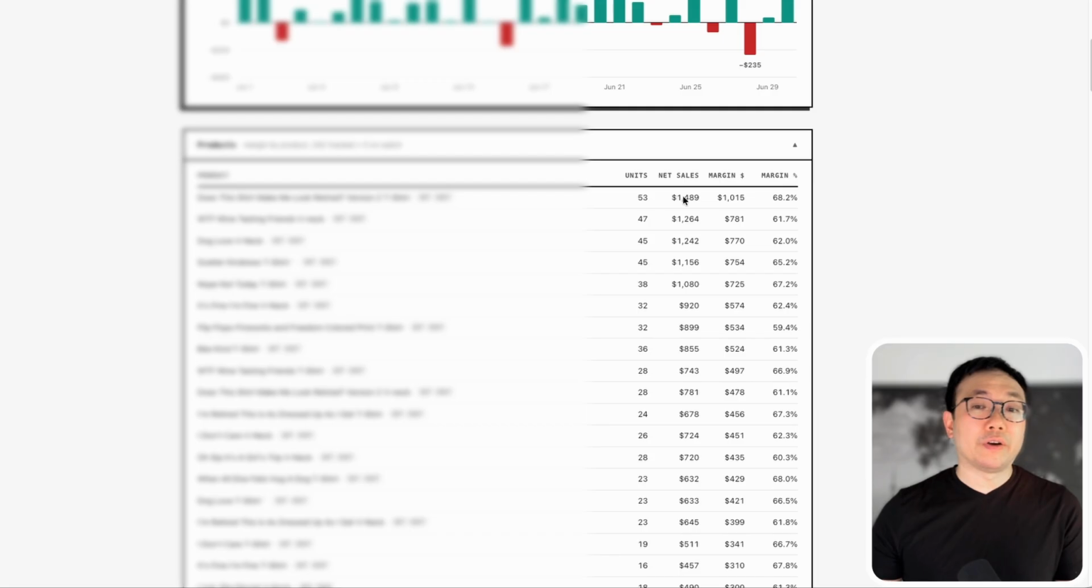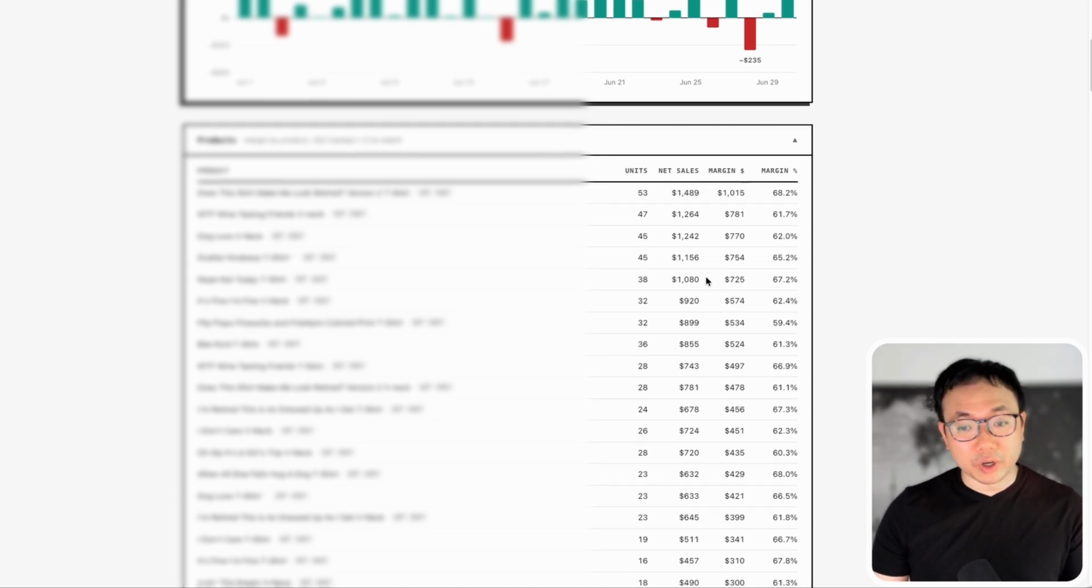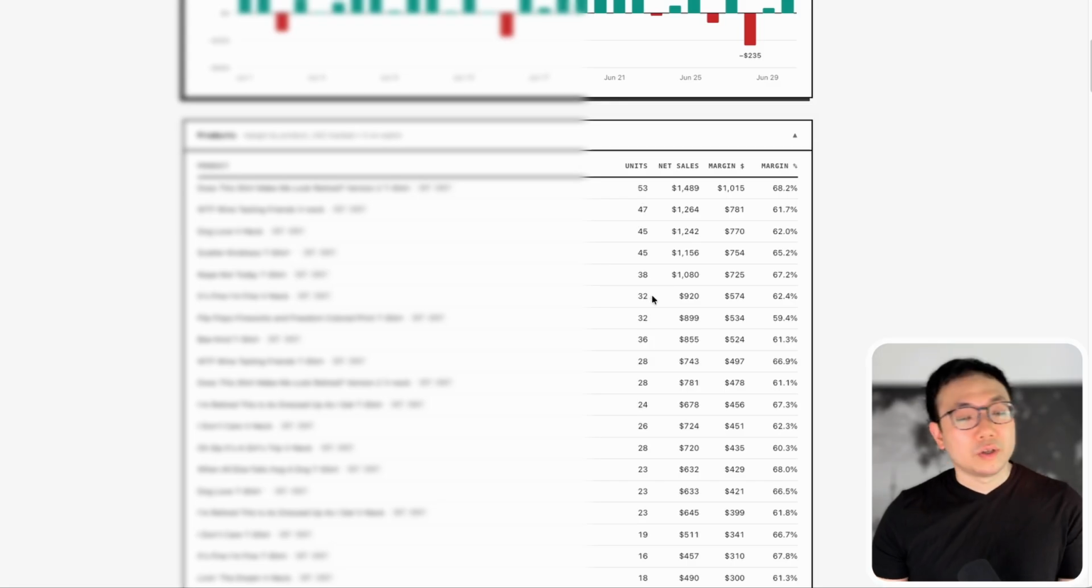And so every variant in Shopify, you're going to have to set the cost for it. And it's going to pull that number and use it in the calculations. So for you guys, this is all blurred out because this is a real store. I don't want to show their products, but you can see that there's a number of different products, and it tells you how many units you've sold, how much sales you get from those numbers, and what the margin is